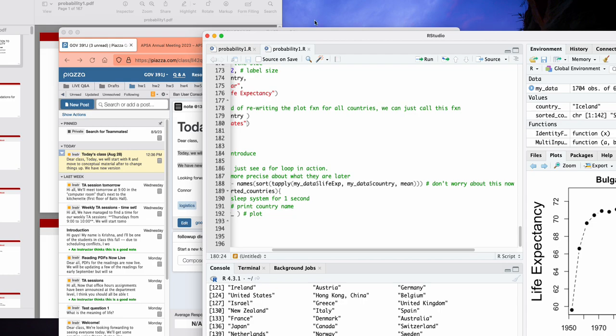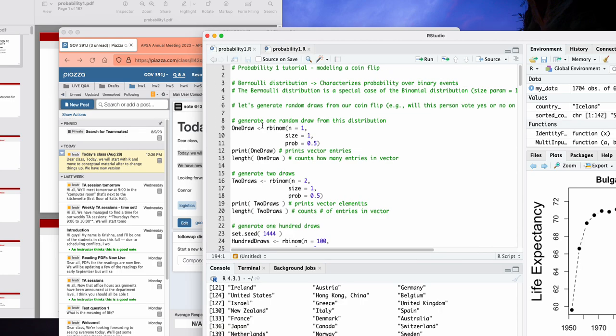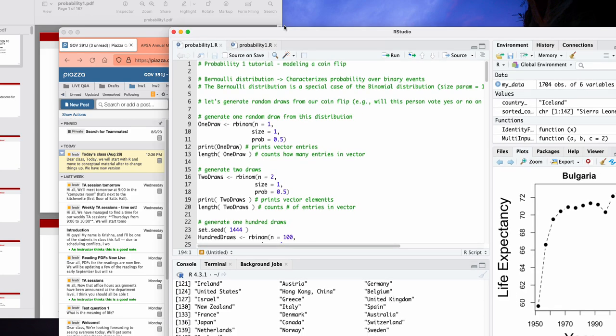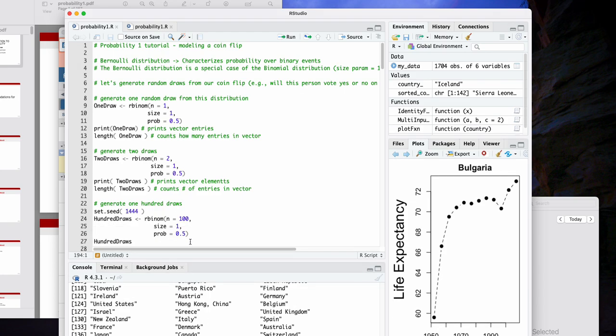I uploaded new .r and .pdf files for the materials for today in the link on the Piazza. I wanted to walk through this, and the first thing is to go through what we did last time. I want everyone to look at the code, and if there's anything at all, no matter how small, that you don't understand, let's talk about it. If we don't talk about it, there's a chance that little thing that doesn't make sense now snowballs into a bigger thing that doesn't make sense later.